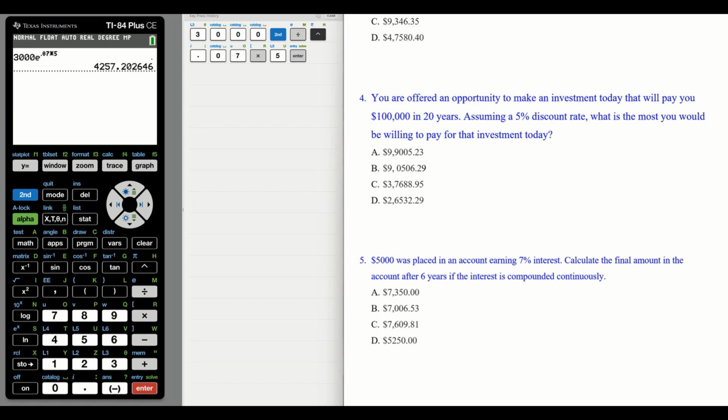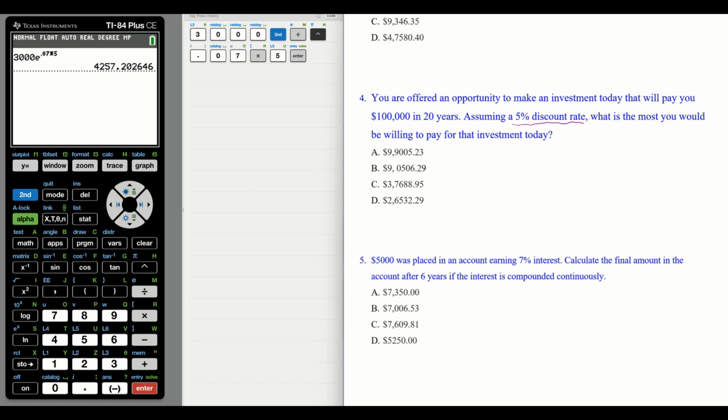Okay? All right, so let's look at number 4. You are offered an opportunity to make an investment today that will pay you $100,000 in 20 years. Assume a 5% discount rate. What is the amount